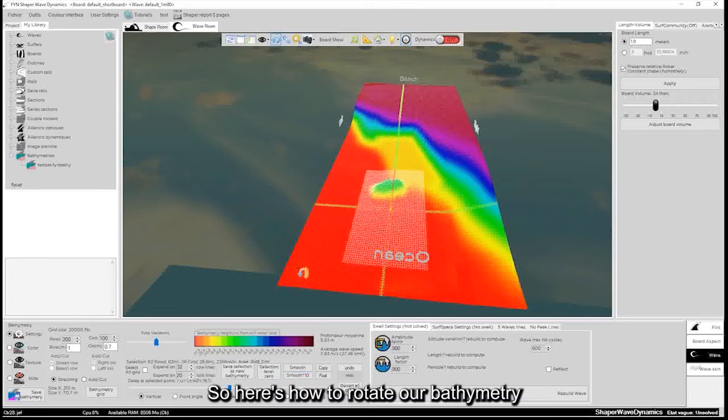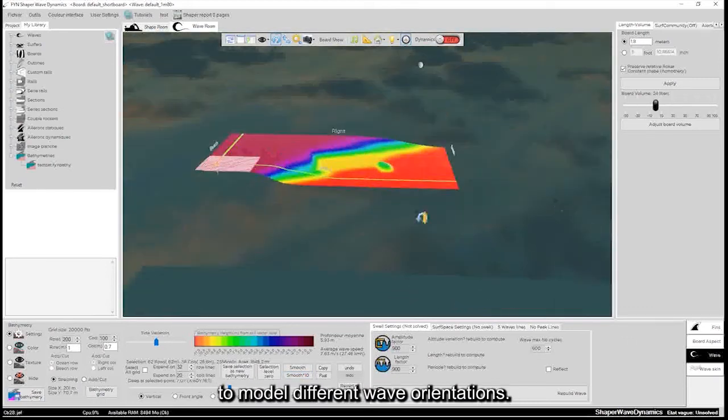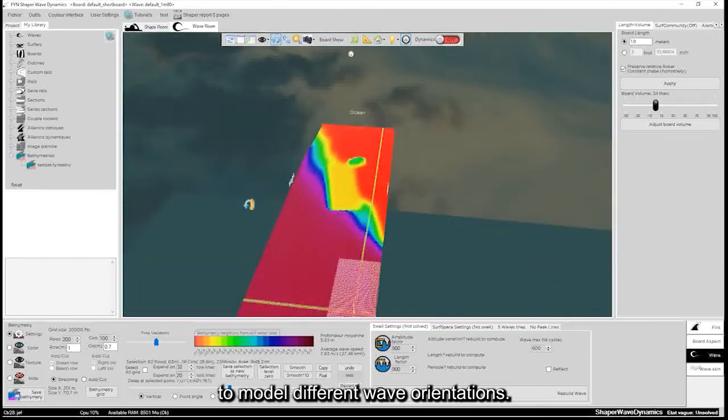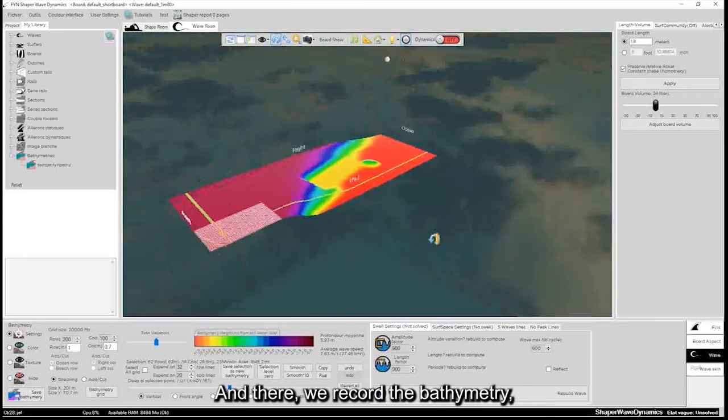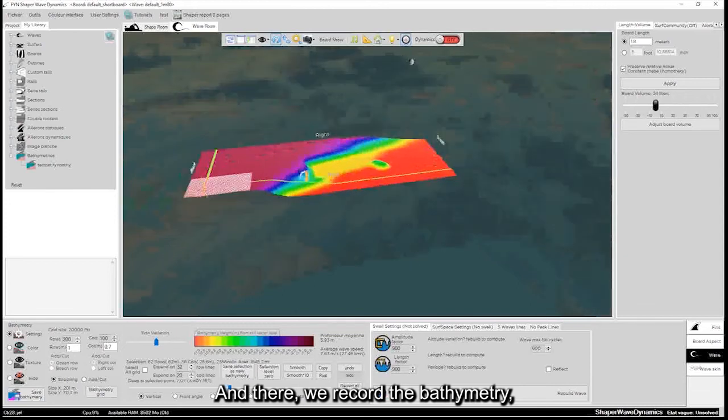So here's how to rotate our bathymetry to model different wave orientations. And there, we record the bathymetry.